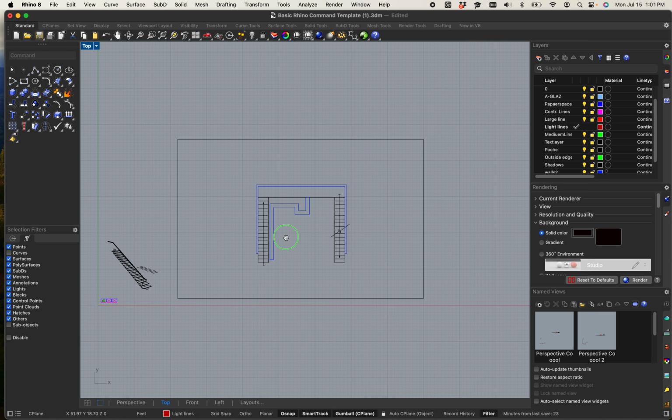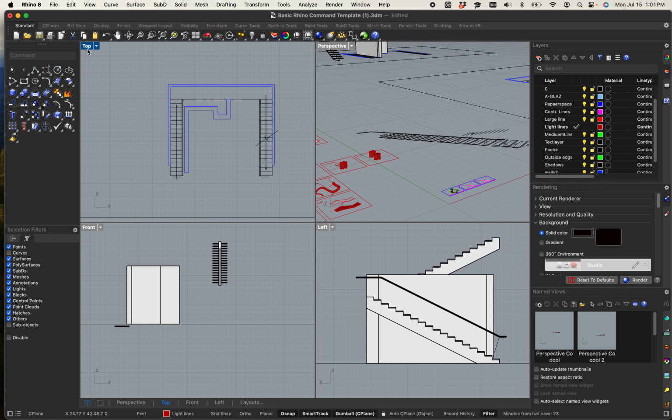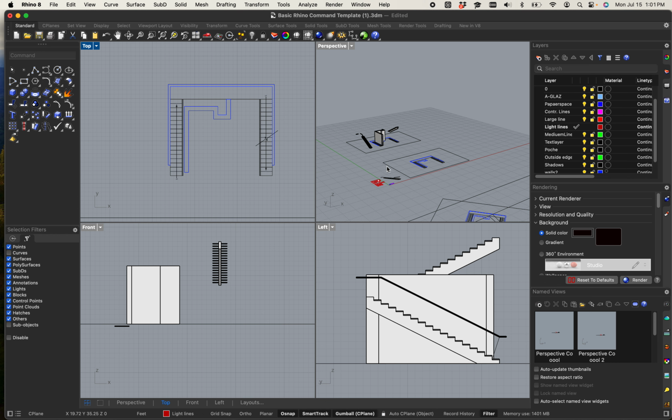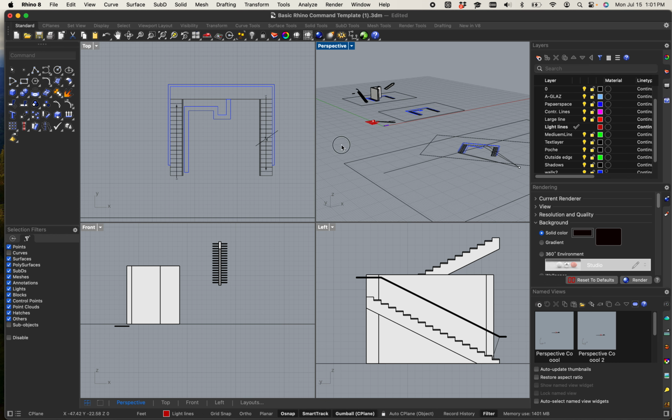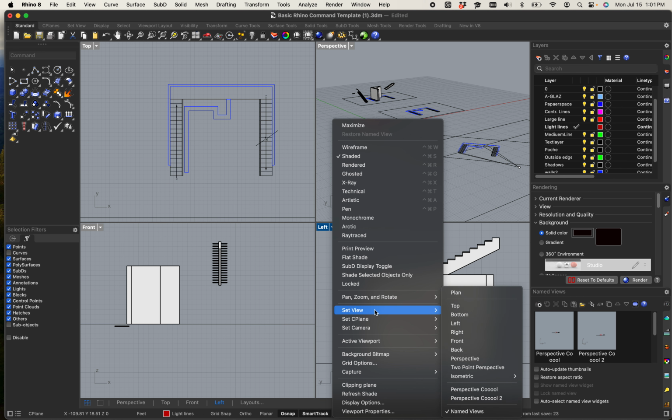Anyway, so my A team, if you're modeling, definitely let's continue on that. And as you know, you essentially have to work in all three views or all four views. So I did want to go over, again, some more tips and tricks that we can use. I did go over this last time, but you can right click on any of the viewports, the little label at the top left, and you can set the view to anything, right? I mean, we can even arguably change it to a perspective, and I can show you how to do that a little bit later. Probably won't go into that today, but I do want to show you how to set up a perspective correctly also,